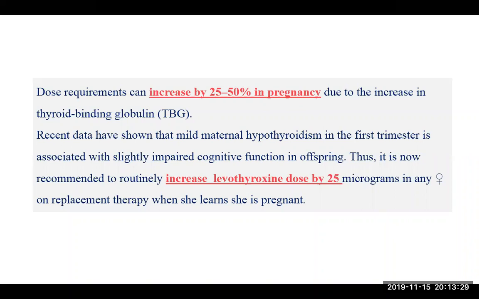So actually, due to a lot of factors, this is another presentation. Actually, I spoke about it. A lot of factors will affect the daily requirement of levothyroxine. For example, the iodine requirement during pregnancy is increased from 150 microgram iodine intake for non-pregnant adults to about 200 microgram daily.